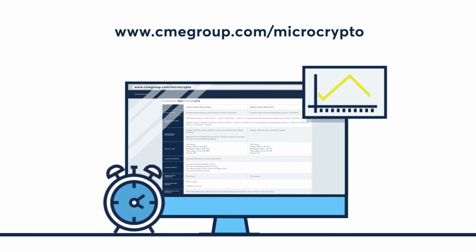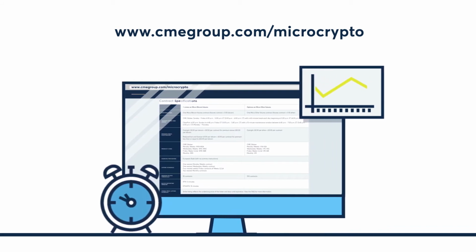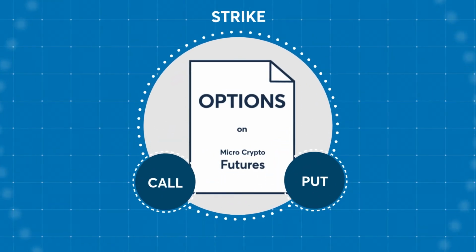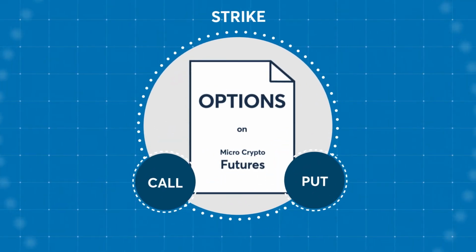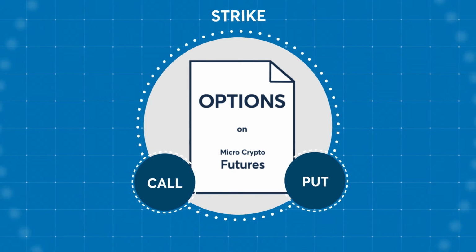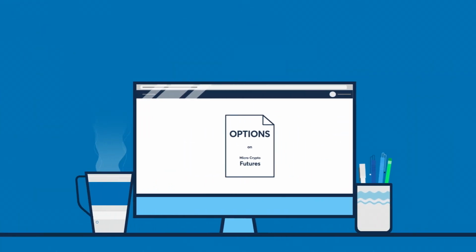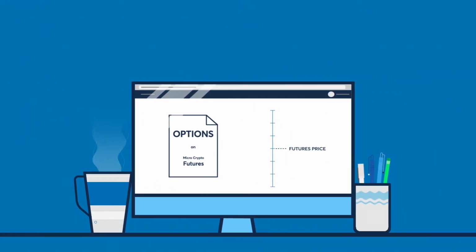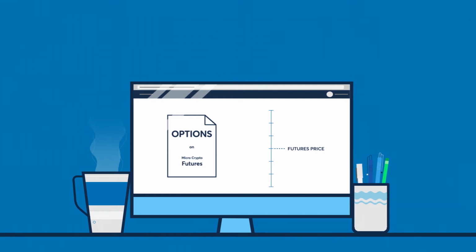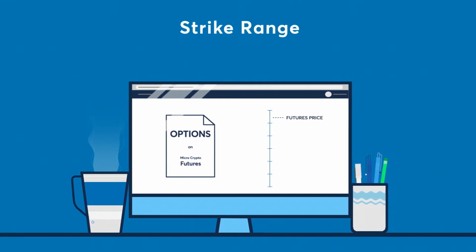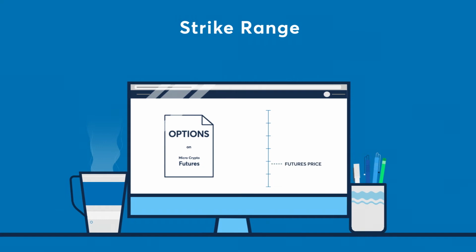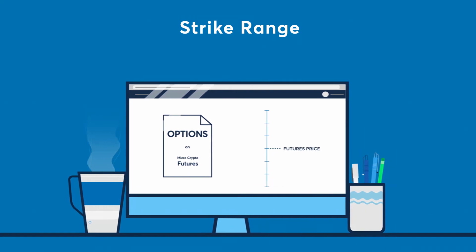Now let's discuss the strike prices of options on micro Bitcoin and micro Ether futures. An option strike is the price at which a call owner can purchase, or a put owner can sell the underlying futures contract. Multiple strike prices will exist with the same expiration date. This set of strike prices is referred to as the strike range. The strike range extends above and below the current futures price, so that risk can be managed whether the futures